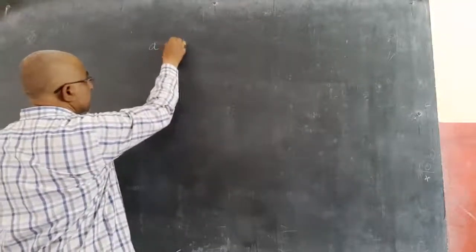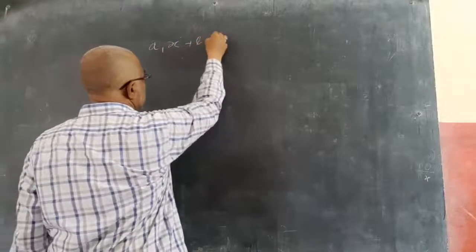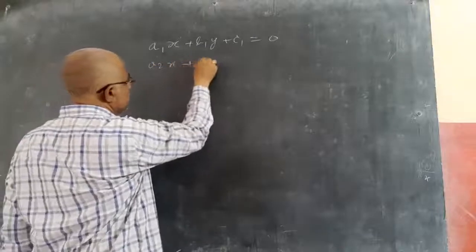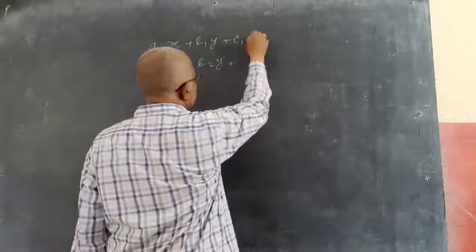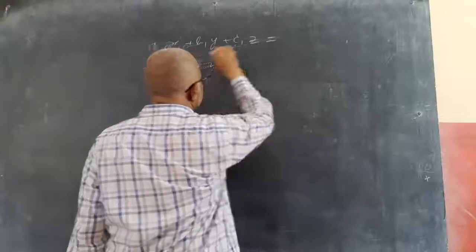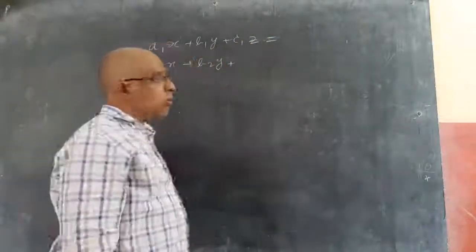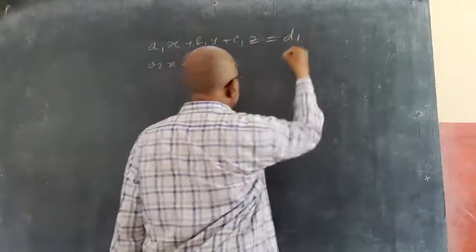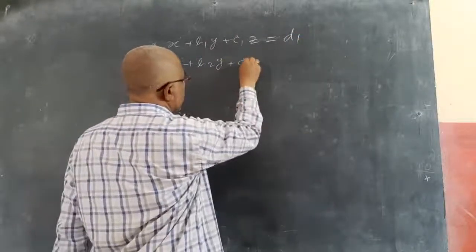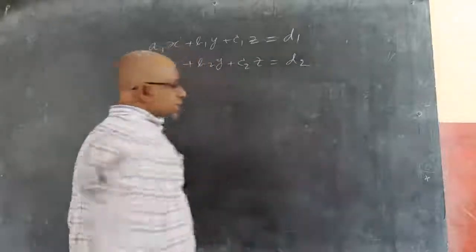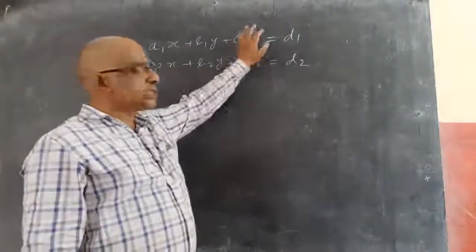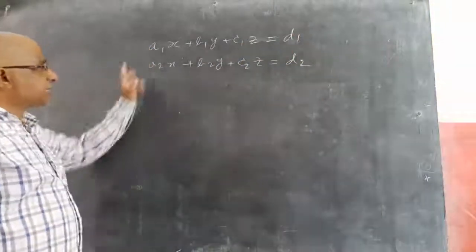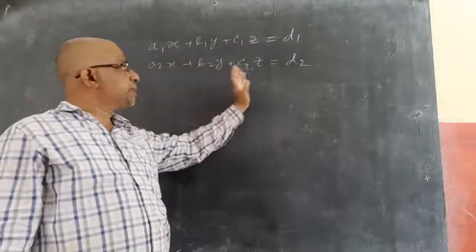A 3 variable equation is generally like a1x plus b1y plus c1z equal to d1, a2x plus b2y plus c2z equal to d2. This is 2 variable: a1x plus b1y plus c1 equal to 0, but 3 variable is a1x plus b1y plus c1z equal to some d1. I am saying 3 variable. So 2 variable automatically, if there is no z, like that: a1x plus b1y plus c1 equal to 0, a2x plus b2y plus c2 equal to 0 gives you